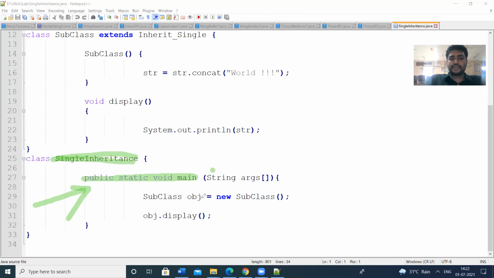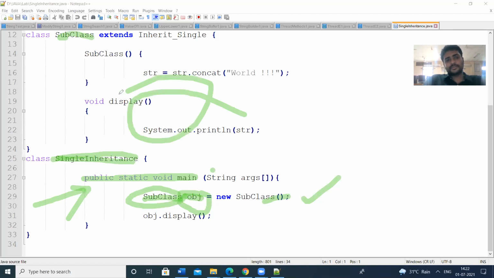Here I am going to define an object of the class subclass. This is the creation of the object. This is the syntax for creation of the object. I am creating a reference for the class. We have so many classes, but I am giving reference to this subclass, because it consists of the display method.